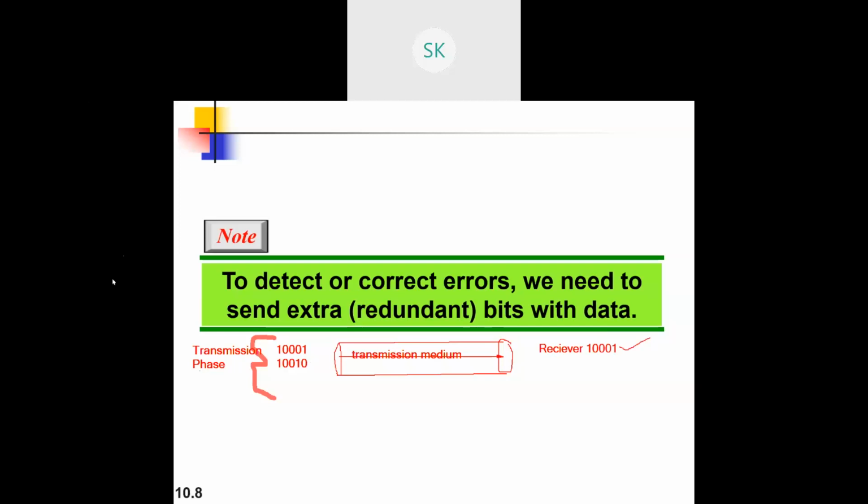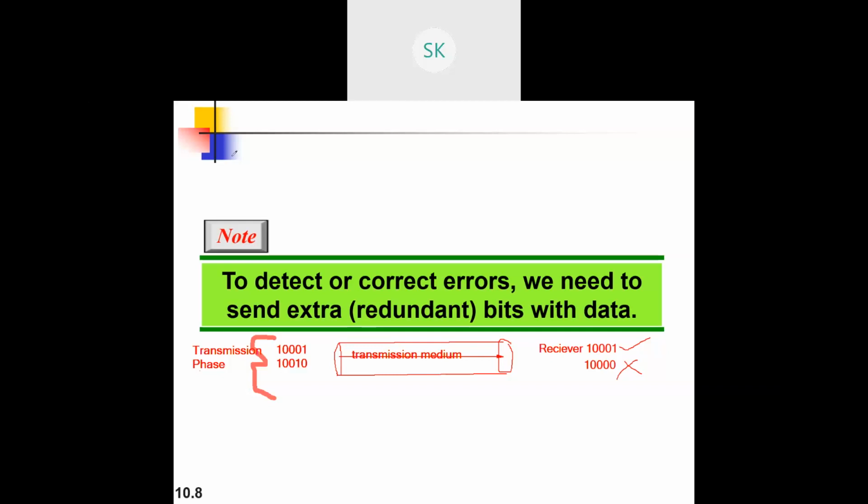Whereas for the second part, suppose 1000 followed by 0 is received. The redundant bit is as it is, but the check with respect to this 0 fails because this is the parity bit. This parity bit should be 1, but unfortunately it has been read as 0. So there is some problem in this bit. This is how we identify it. We discard this data and ask it to be retransmitted if only detection is available, or else if correction is available, we try to correct it.